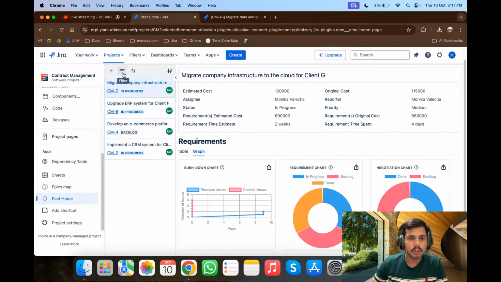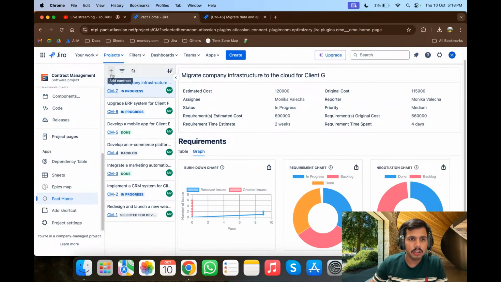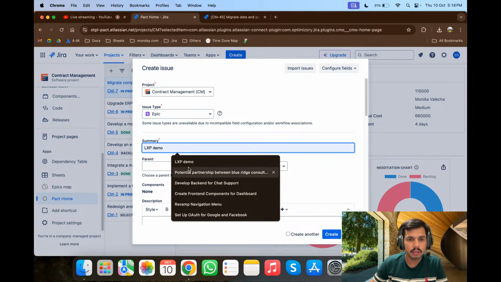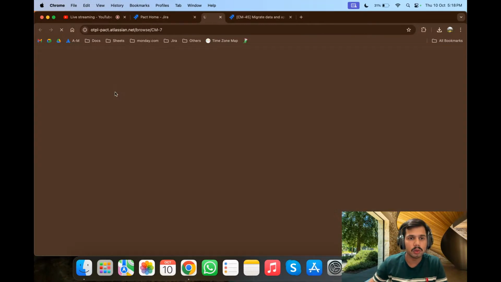And for the creation of a contract, you don't need to go to the issue page view. You just need to hit the add button here, add contract, and you will be able to create a contract from here only. You don't need to move from here and there. So this is about the creation of the contract. Now let's move to the single issue page view that I have told you about. That is my contract, or you can say an epic. That is a Jira issue type. So when I move there,